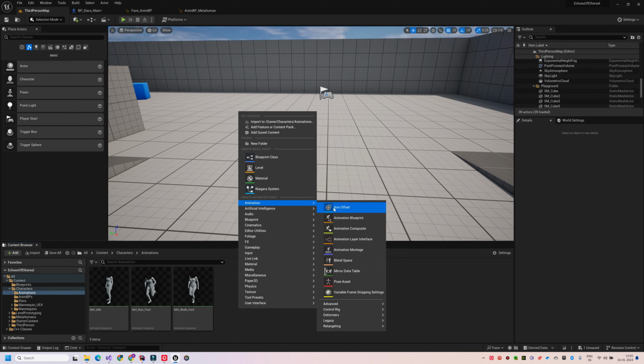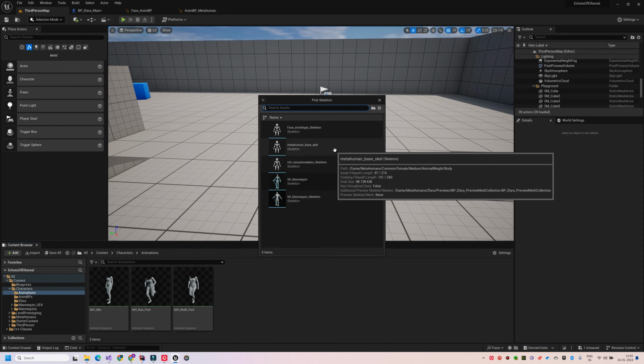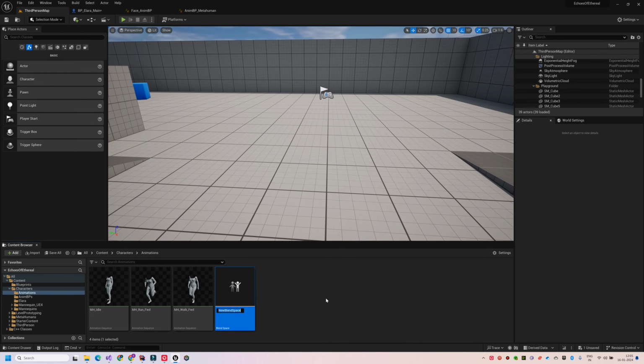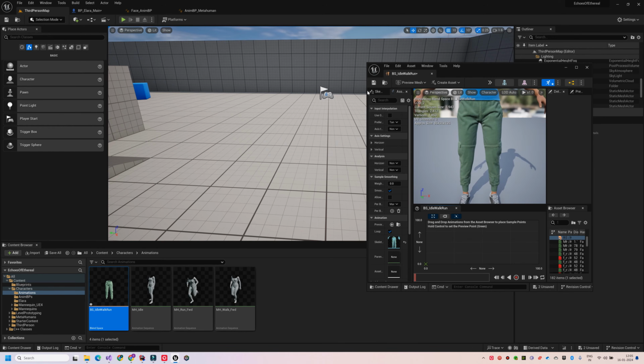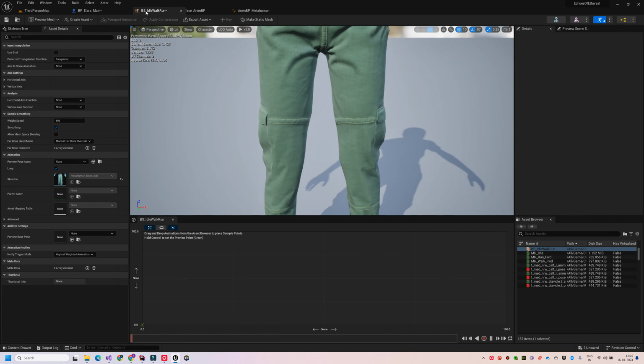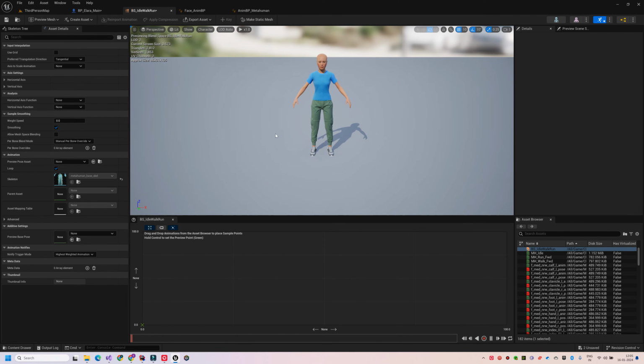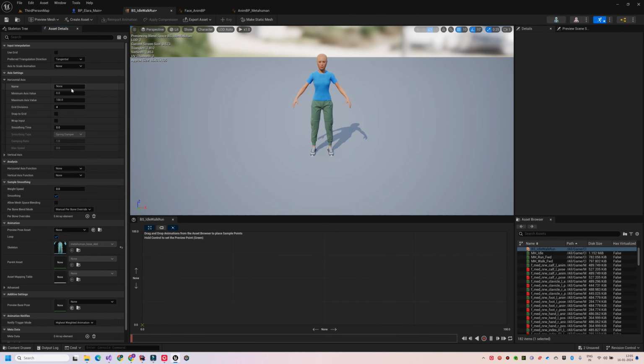Now we are going to set up a blend space for our character. The blend space basically controls animation blending between multiple states depending on some parameter values. So a blend space can be either in one direction or in two directions. So for now I will have the blend space only in the horizontal direction and I will be blending the